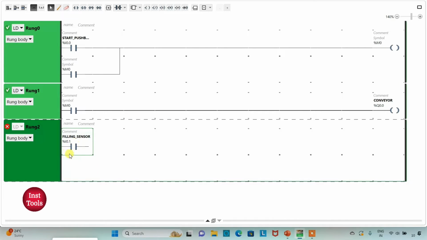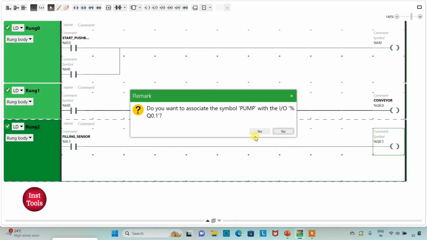So this is a sensor which will detect the presence of bottle at the filling station. And then I will insert a coil, and I will assign address to it as Q0.1. And I will assign symbol to it as pump or the valve, which will get actuated to fill the